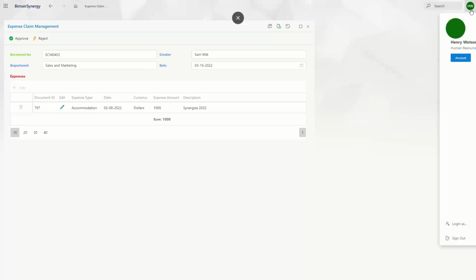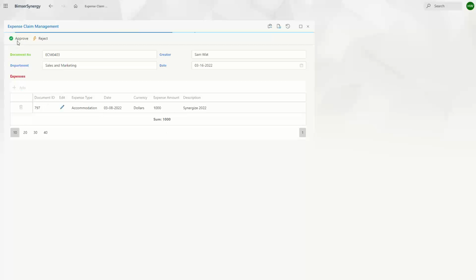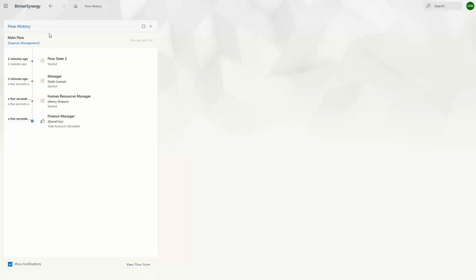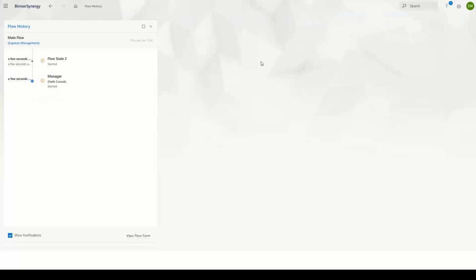That you can tell from the top right, it shows the name of the user that we are logging in as. And then we can approve it, for example. And we will see the workflow now has been sent to another person. So this is how the workflow is working for this application. And I will say for this application only. So what I'm going to do next is